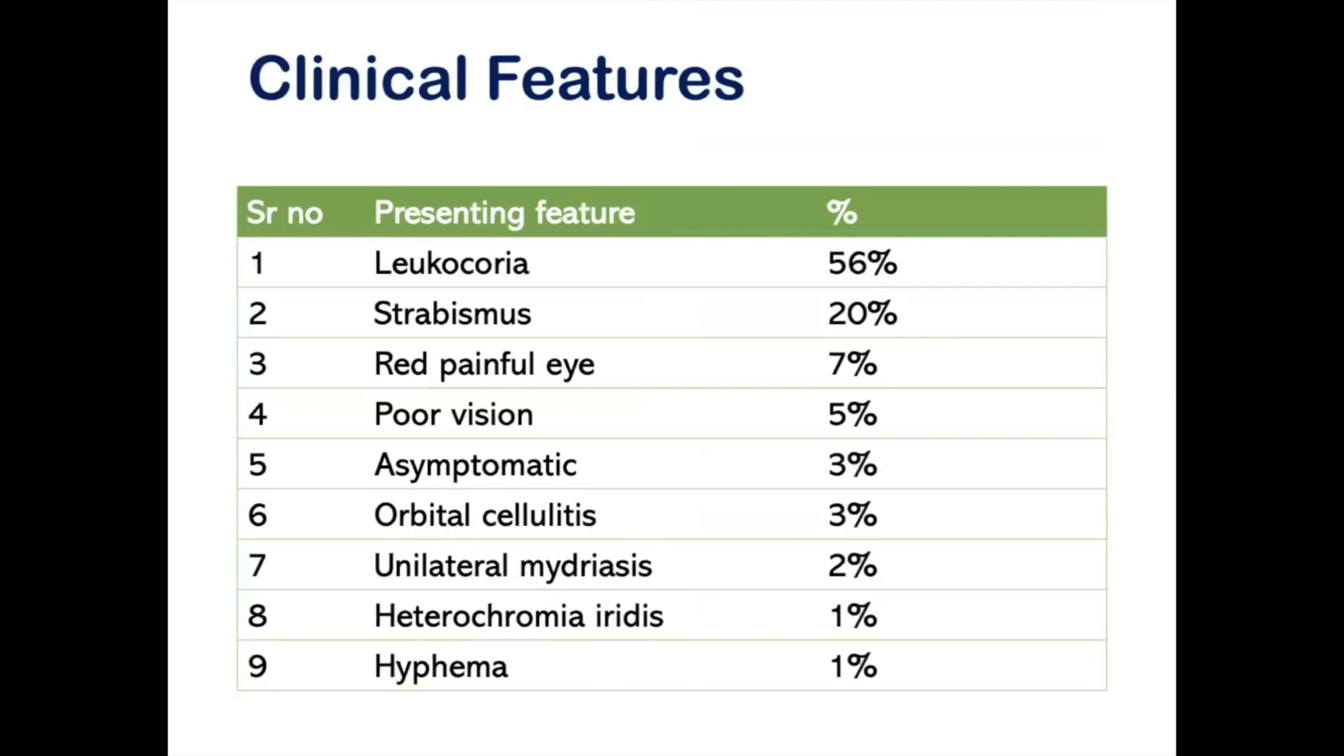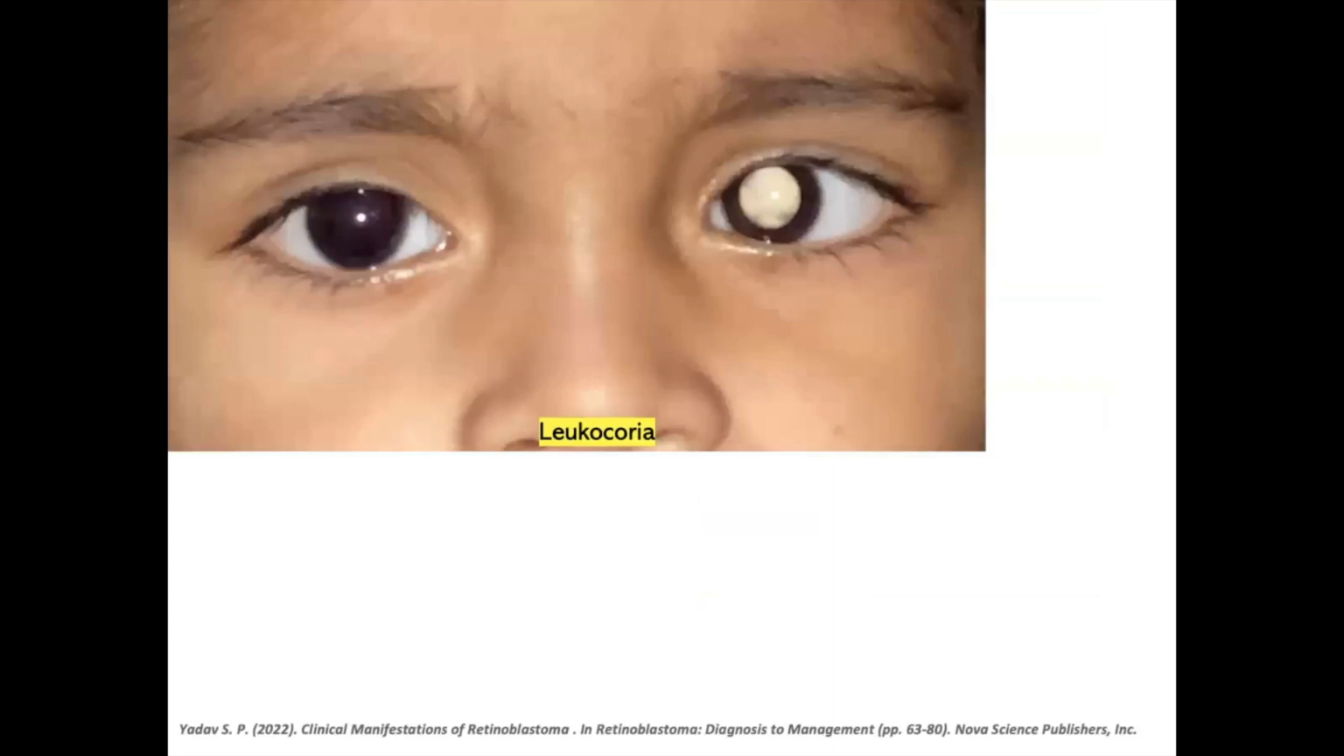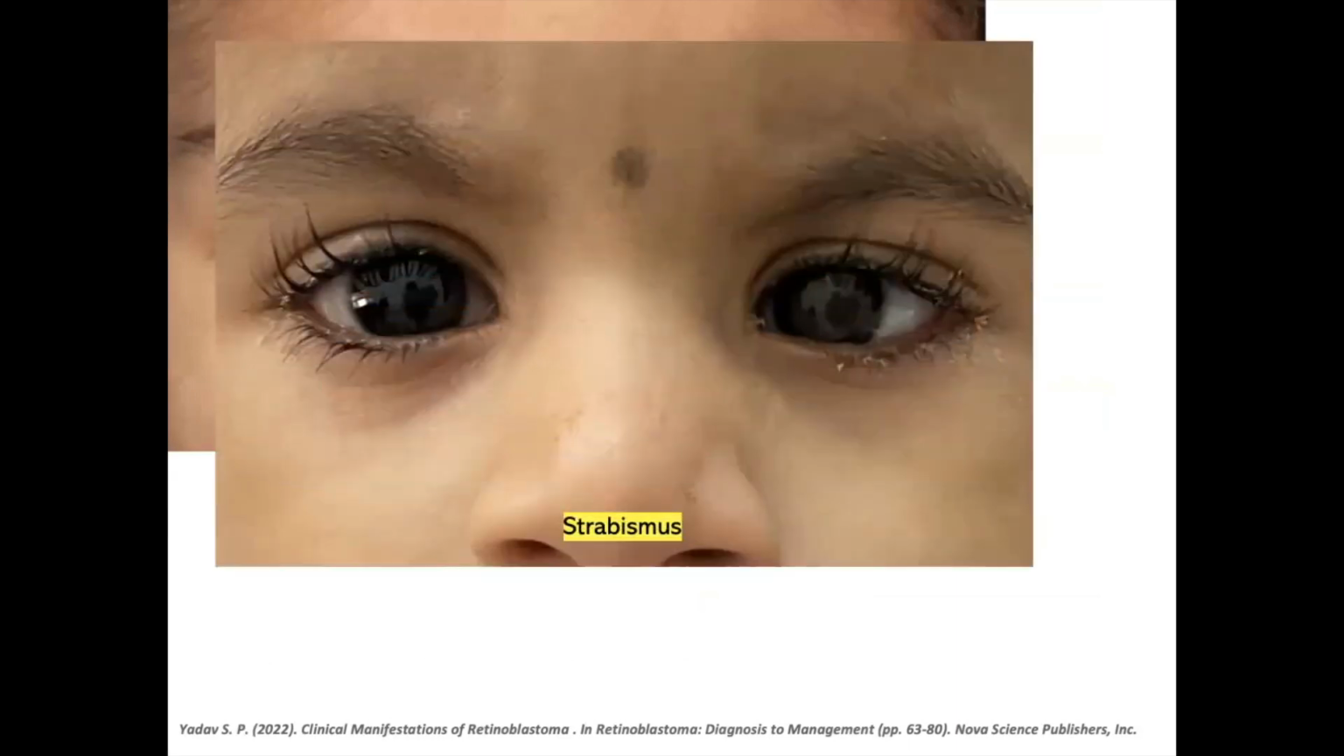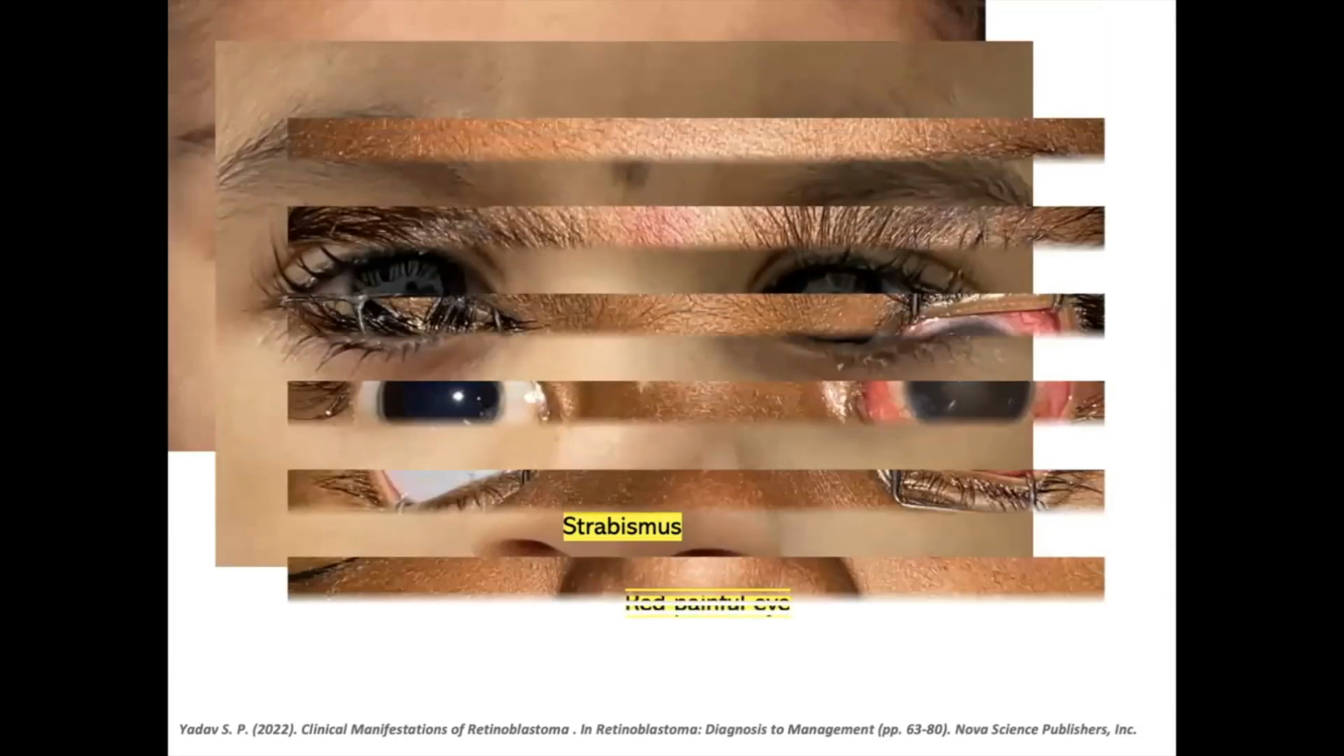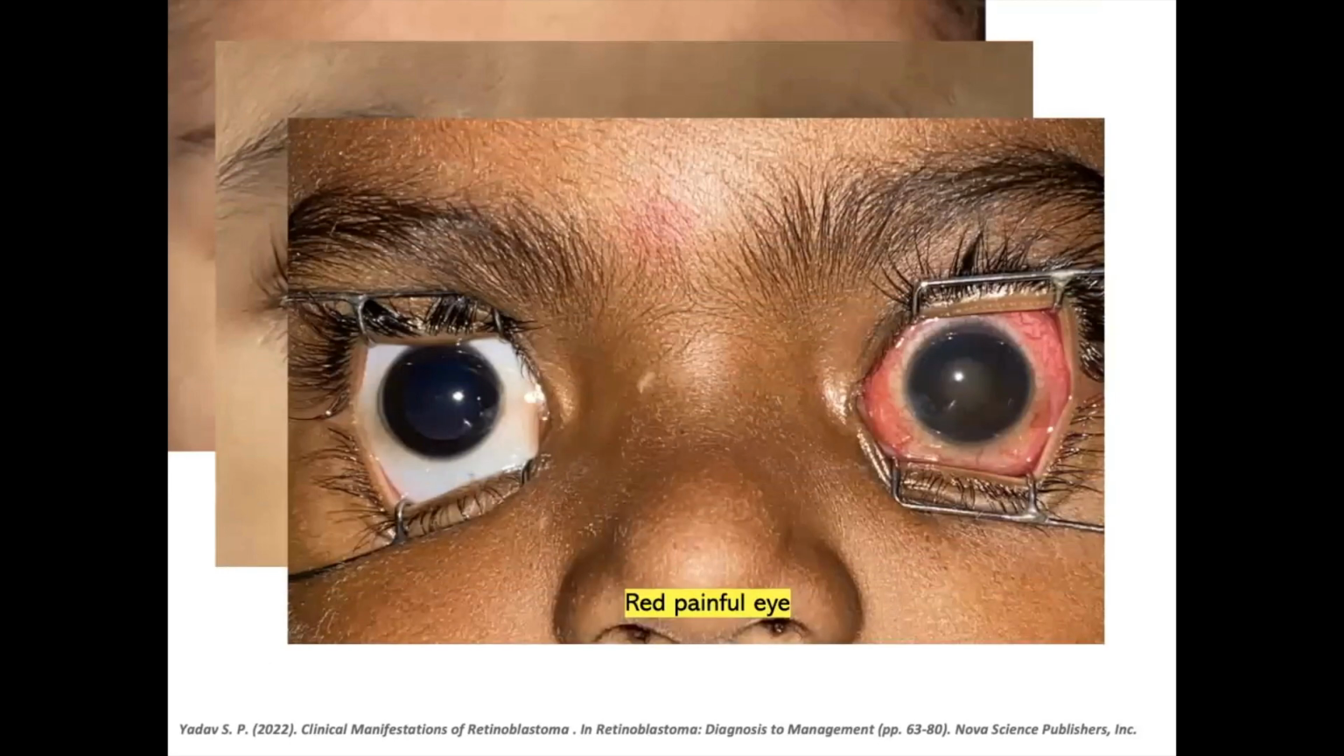Talking about clinical features, leukocoria or the white eye reflex or cat's eye reflex is the most common presenting feature, followed by strabismus, red painful eye, and poor vision. Here is an example of leukocoria or a white eye reflex in the left eye of the child, easily seen with flash photography. Esotropia because of the tumor in the left eye, red painful eye, which is most commonly presented